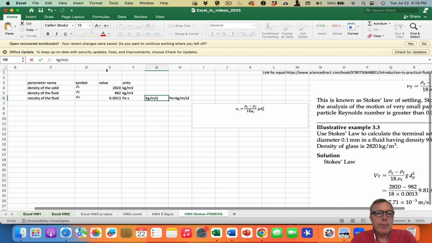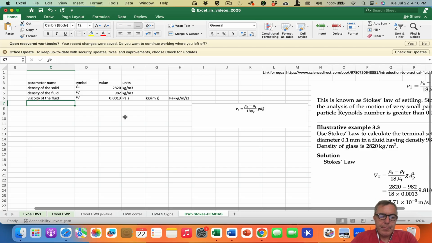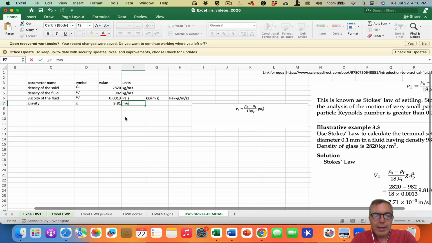Or you might like it better like this. You could also do something like this, kilogram, so you know it's on the bottom. Right? So that way we'll know, if we have to cross out units. Then we have gravity. Let's put a g, 9.81 meters per second squared. Then we have